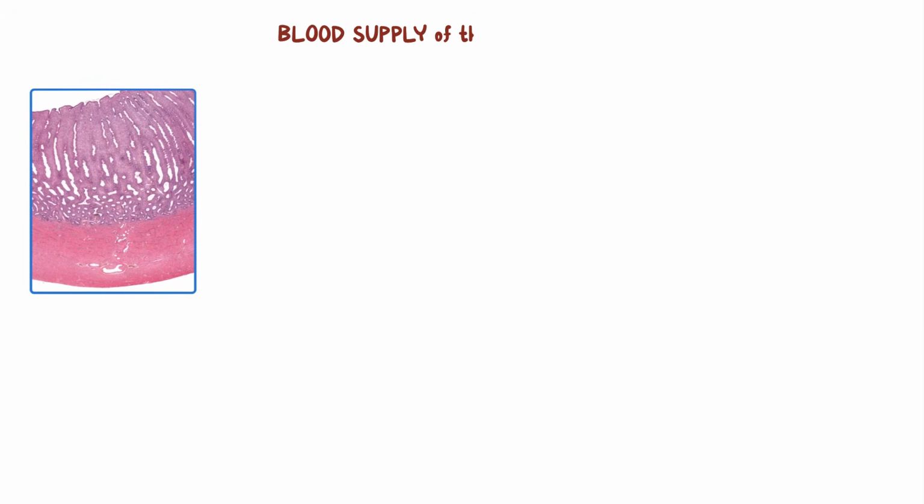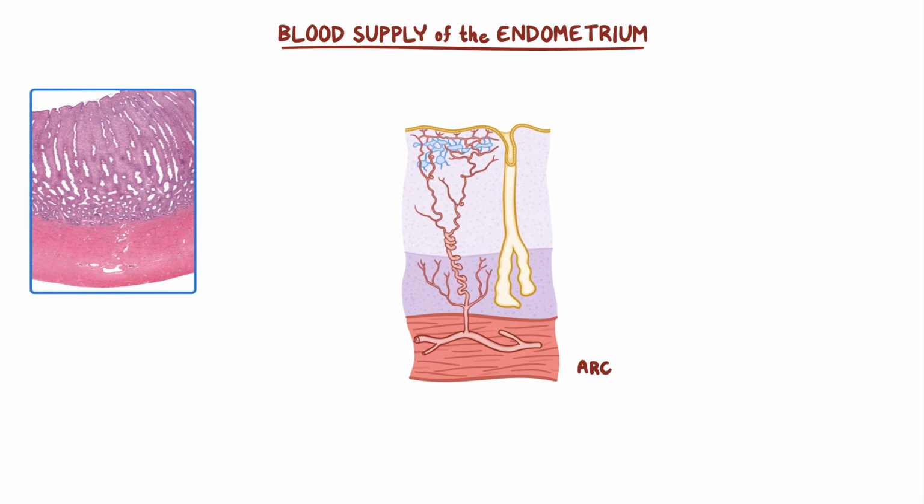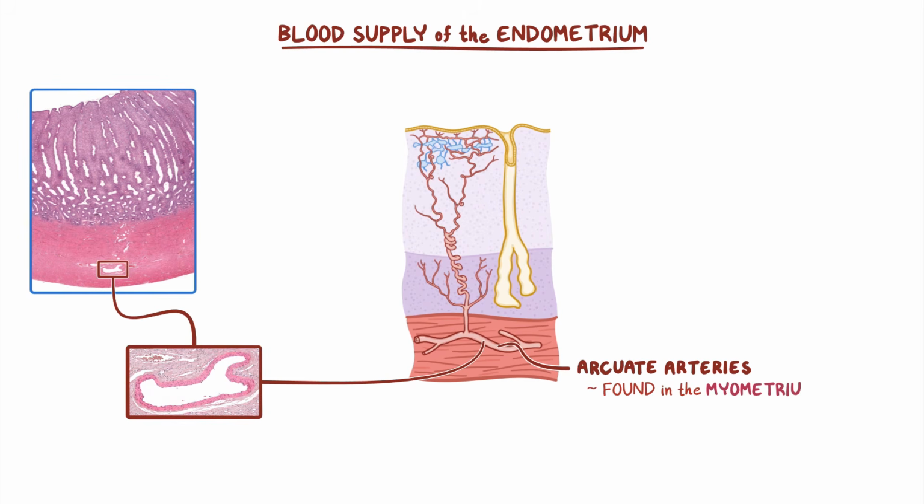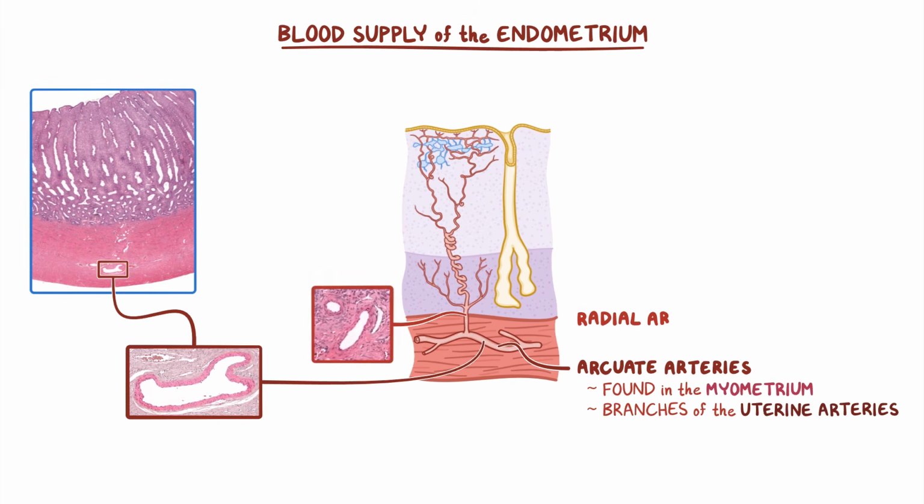The blood supply of the endometrium is unique and also undergoes many changes throughout the menstrual cycle in order to accommodate the shedding or sloughing off of the functional layer of the endometrium. Arcuate arteries are the large arteries found in the middle layer of the myometrium. These arteries are branches of the uterine arteries and continue to branch further to become the radial arteries that extend